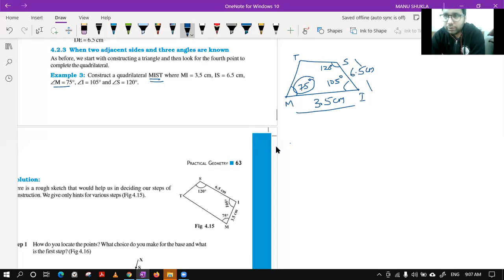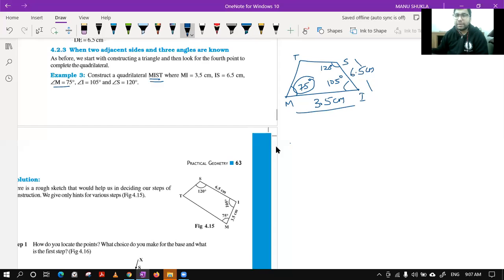Class, please confirm, can we draw this angle 75 degree? In the first class itself, we have discussed which angles are possible to be drawn. I told you the angles which are multiples of 7.5 degree are possible to be drawn using compass and scale very easily. Tell me which two angles you will bisect to get angle 75 degree.